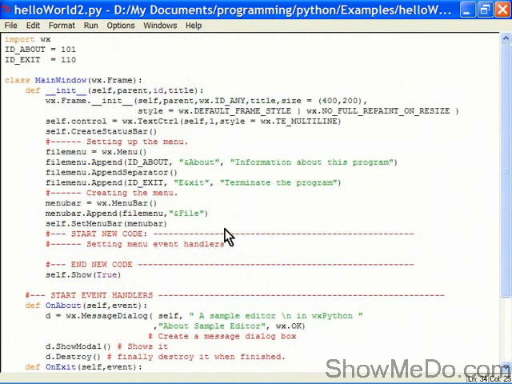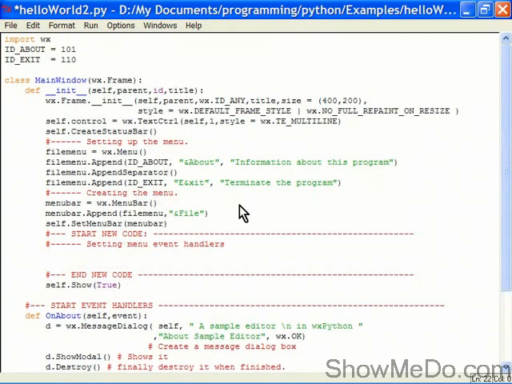So now we have our sample editor, which is sending events. At the moment, we're doing nothing with them in this program. We want these events to be sent on, or bound, to these functions onAbout and onExit. And to do that's very simple. We already have our identification numbers, ID_ABOUT and ID_EXIT, for these two options, and these are sent with the events. So to connect those menu bar options to their respective methods, what we use is